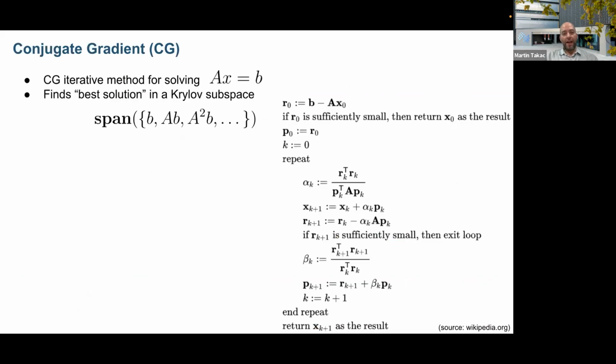In conjugate gradient, it's an algorithm to solve systems of linear equations where A is symmetric and positive definite. It works in such a way that you iterate this main loop and you get a solution in this Krylov subspace. So if I run this CG, let's say for 3 steps, I will find a solution in the Krylov subspace spanned by B, AB, and A squared times B. Again, in our case, A will be the Hessian and B will be the gradient, okay?